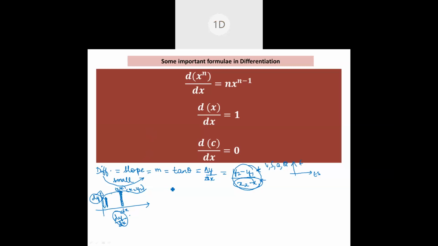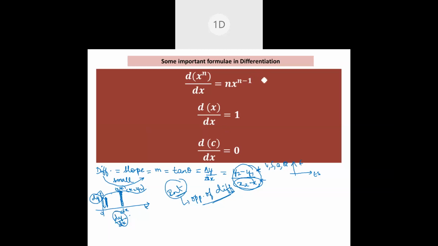Anyway, I do have integration too. I just want to explain the meaning of integration. Differentiation is a small change, right? Integration is from here to here, the entire characteristic of the graph. So integration is just the opposite of differentiation. Differentiation is just a small change, and this is the total characteristic of the graph. First the meaning, and if you understood, I'll explain the formulas now.